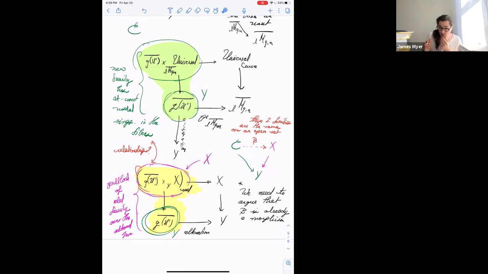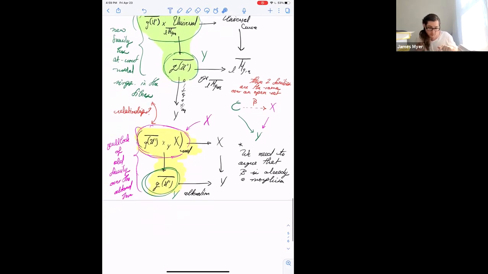That's the hope. And of course, you can blow up X as much as you want, but that's not going to help you get a morphism back. We need the morphism to go from C to X. So we have to be careful. So the way that we try to do this